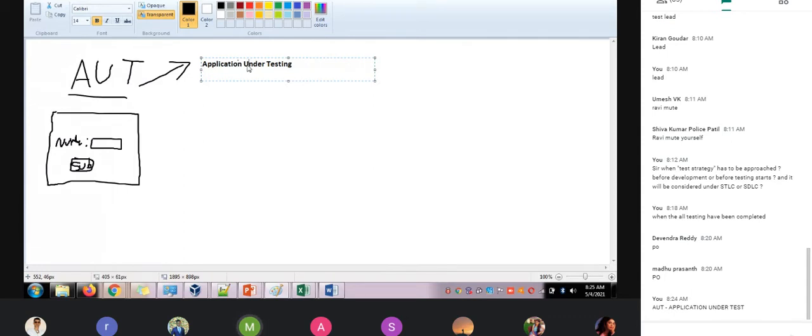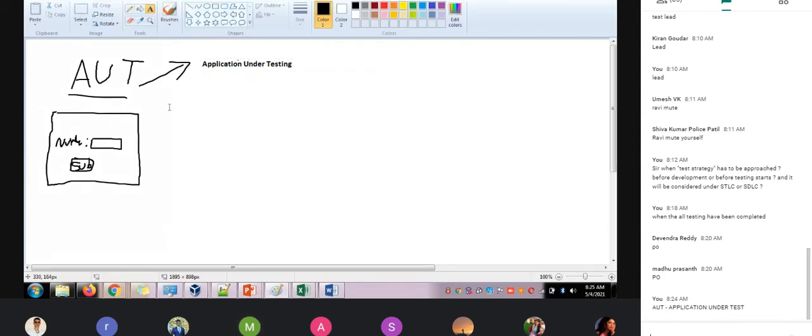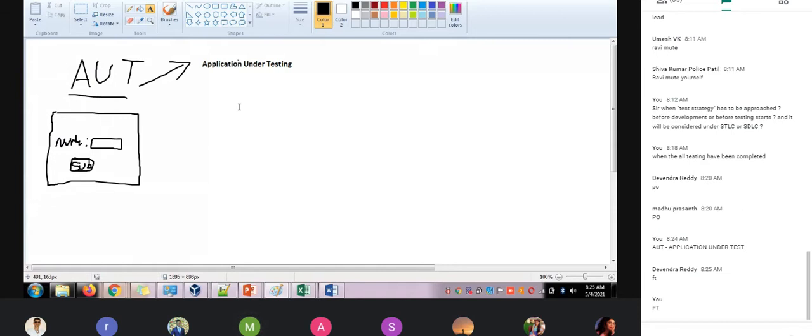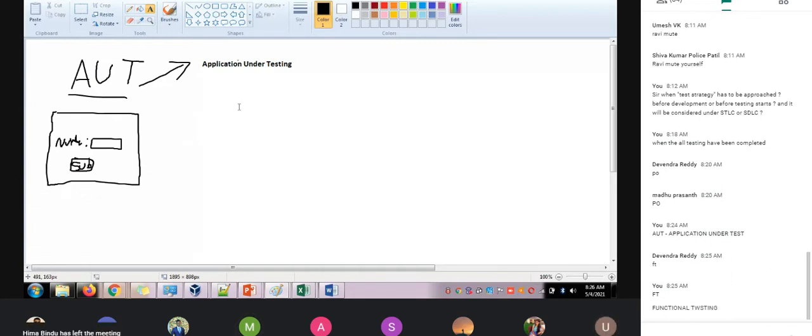What type of testing is this? Anyone? This is the final class, and I'm making you understand what type of interview questions the interviewer is going to ask, and how you need to answer. Once he gives this, he will ask, can you write down the test cases for this? What is FT? Functional testing.